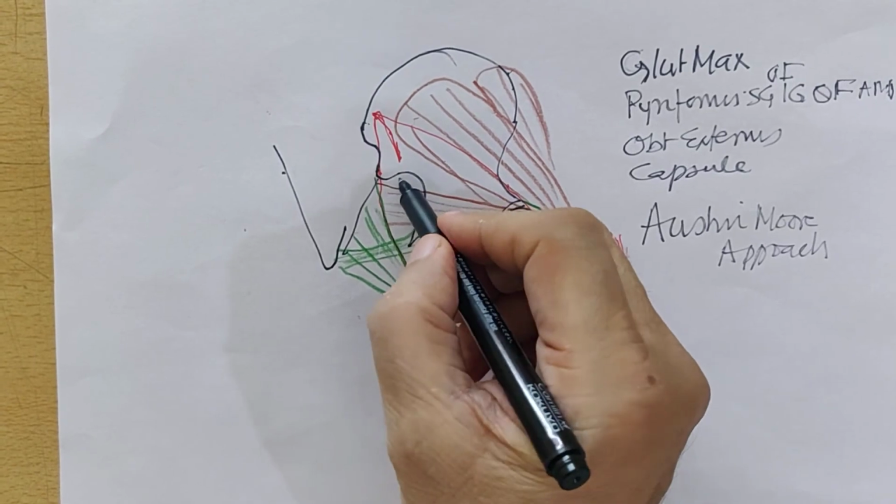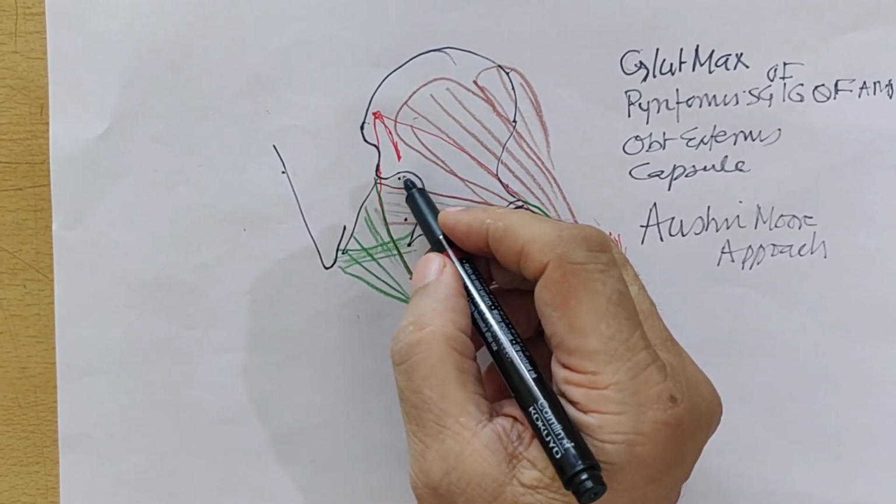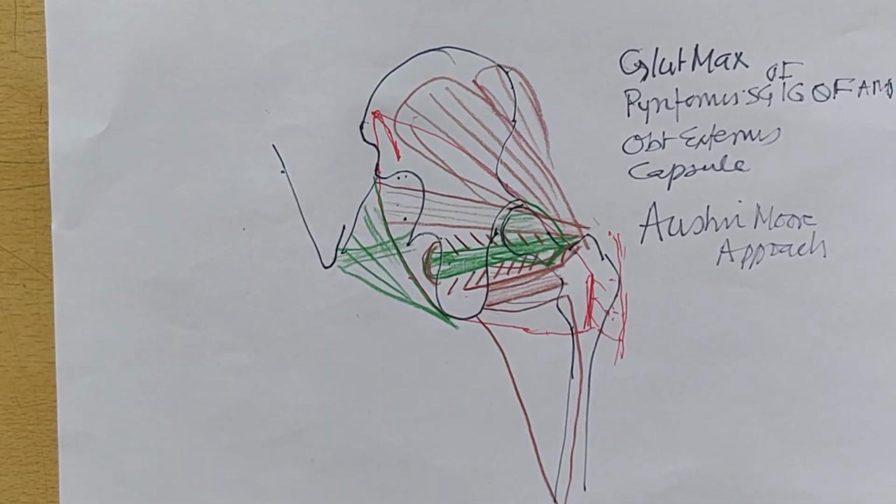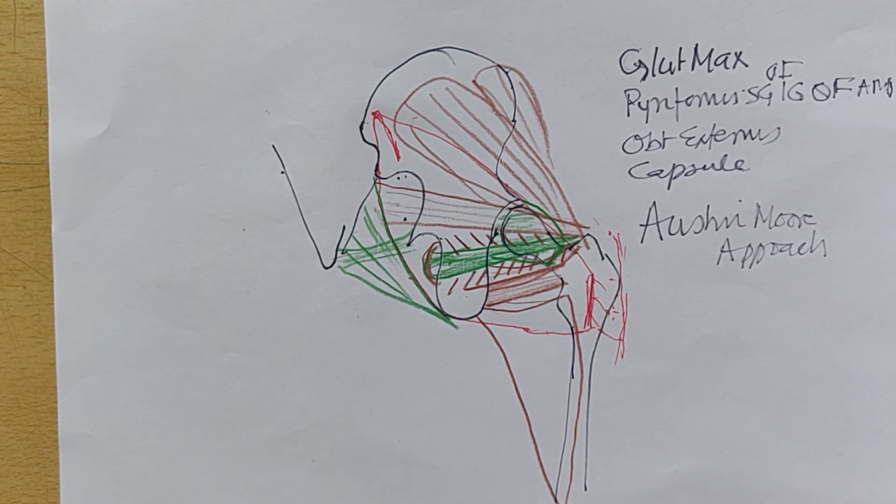You can revise the structures passing through the greater sciatic notch. Above the piriformis: superior gluteal artery, vein and nerve. Below the piriformis: inferior gluteal artery, vein and nerve, 3 nerves and 3 pudendal structures. The 3 nerves are sciatic, posterior cutaneous nerve of thigh, nerve to quadratus femoris, and the other structures are pudendal nerve, internal pudendal artery, and nerve to obturator internus. I am sorry, this is rote learning, but you will have to learn it to be able to state it as smoothly as I am stating.